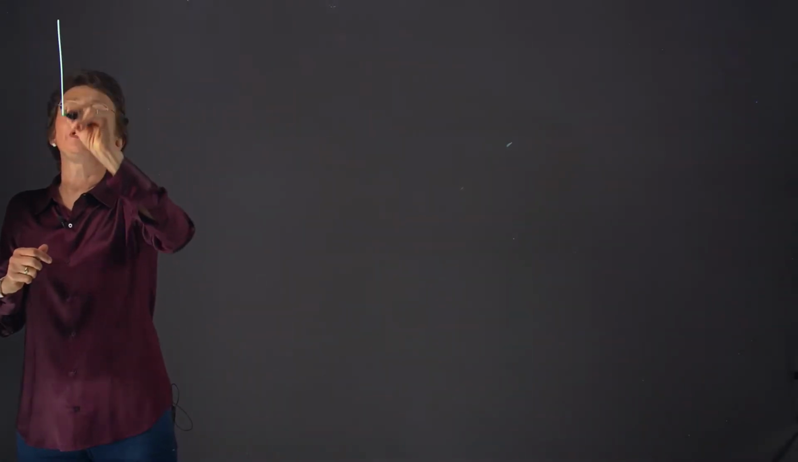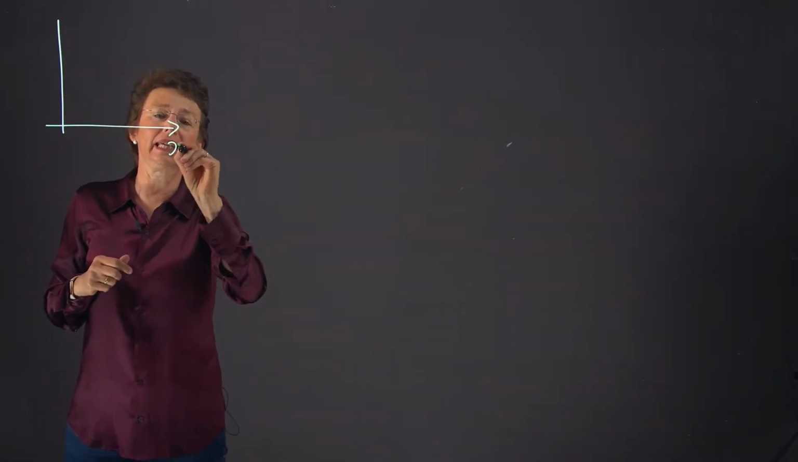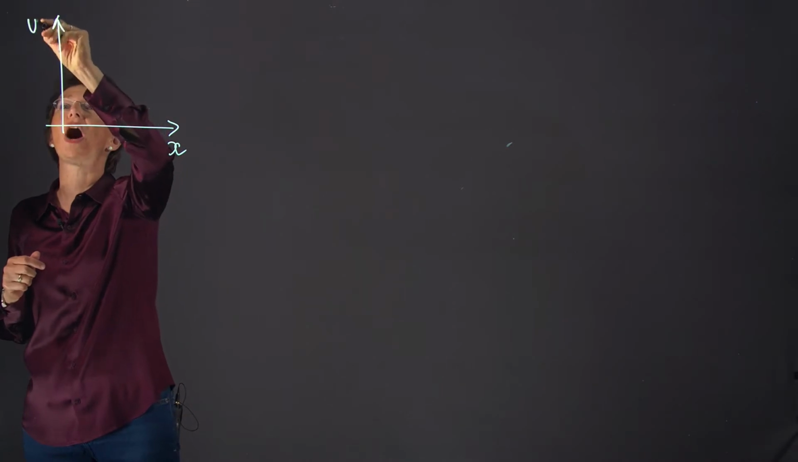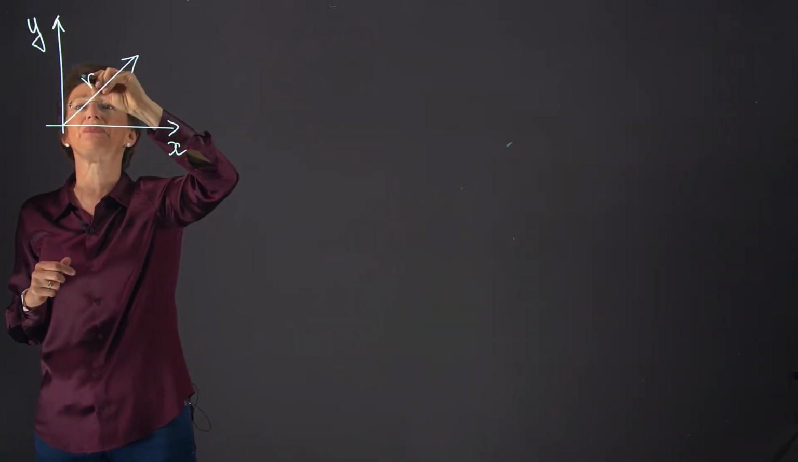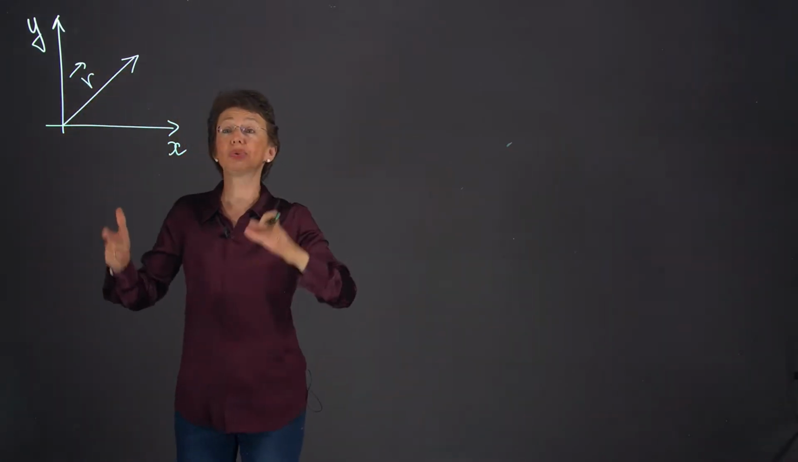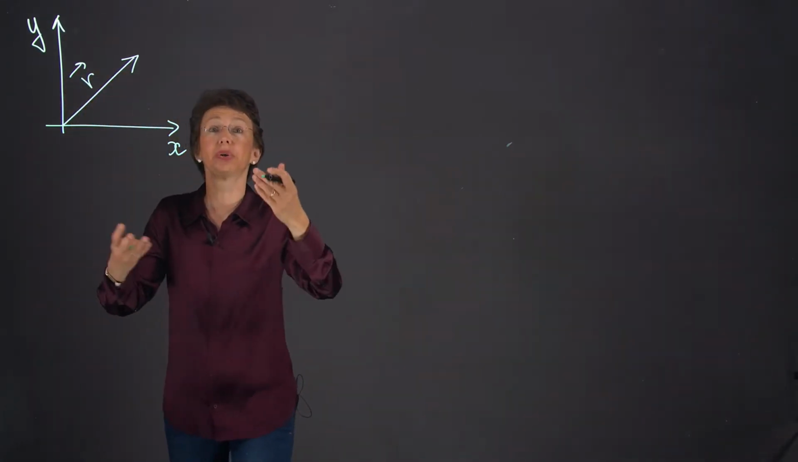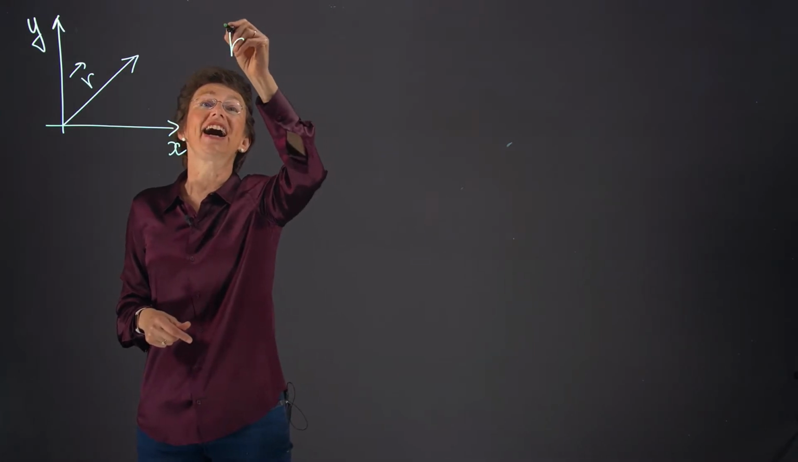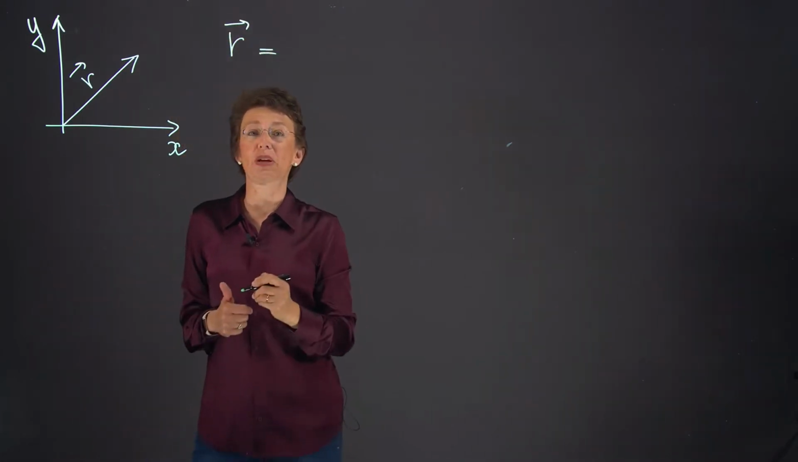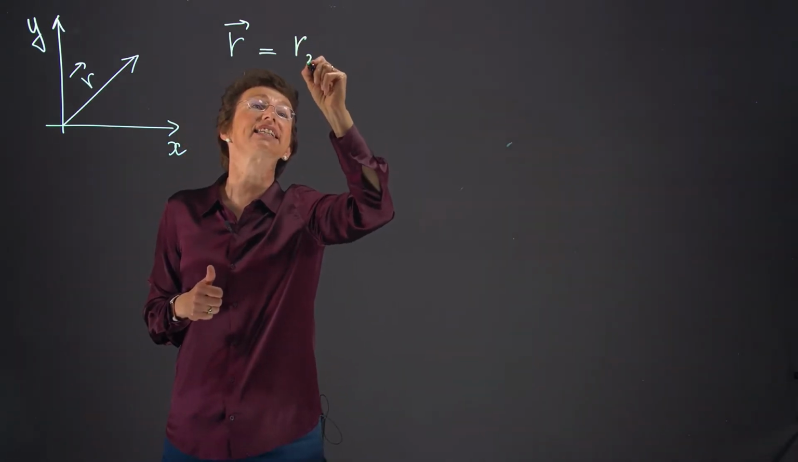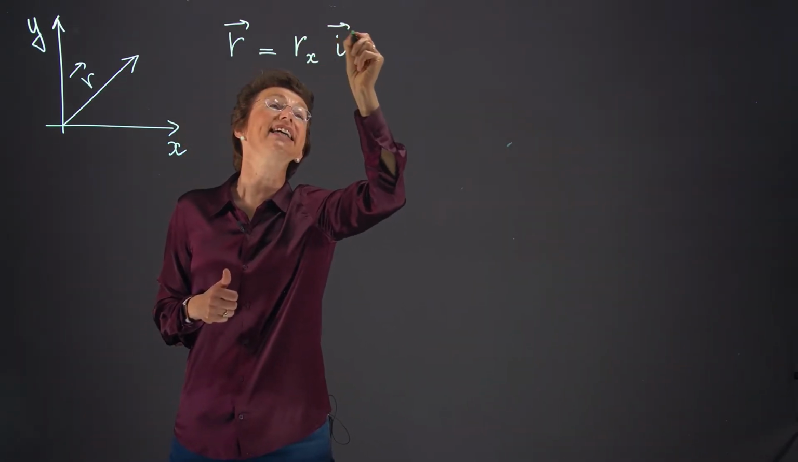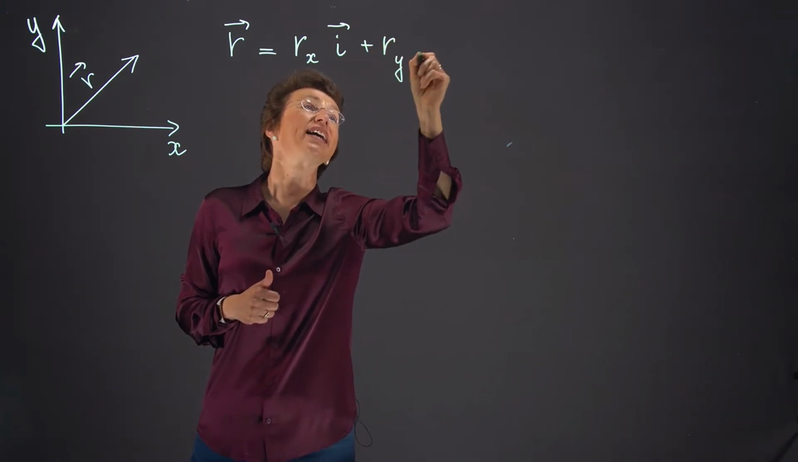Two-dimensional motion. Now, instead of moving just along the line, we move in a two-dimensional world. Here is x, here is y, and our motion is described by vector r. We already reviewed vectors in our math module, and we can write r in terms of components, in terms of unit vectors. I can write it as r sub x unit vector i plus r sub y unit vector